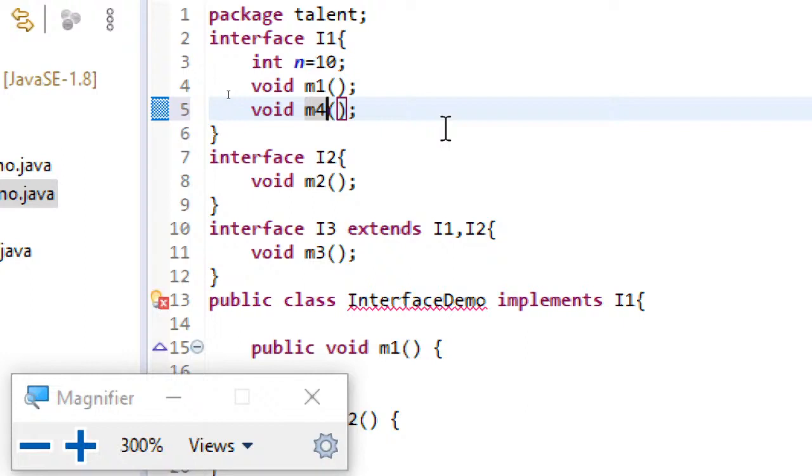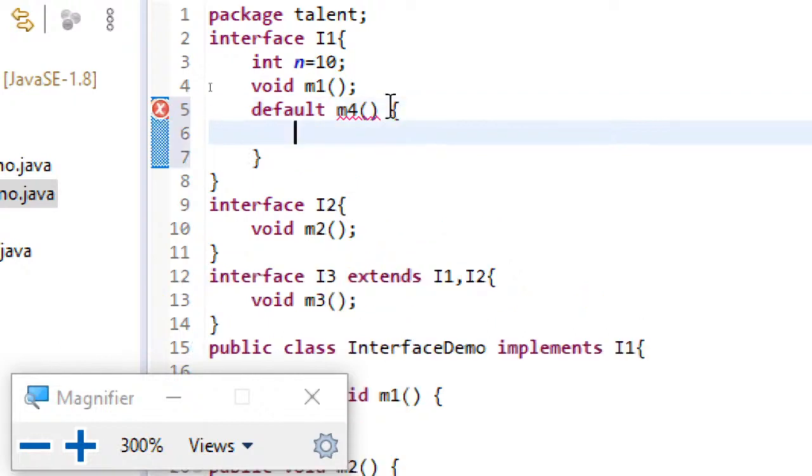It's practically not possible. For that reason, Oracle Corporation, which owns Java, has provided, from JDK 1.8 onwards or Java 8 onwards, interfaces with the flexibility of having default or static methods. Now what I can do is use a keyword. Generally we don't use this keyword default. By default, when we don't specify any word, we say that it is default.